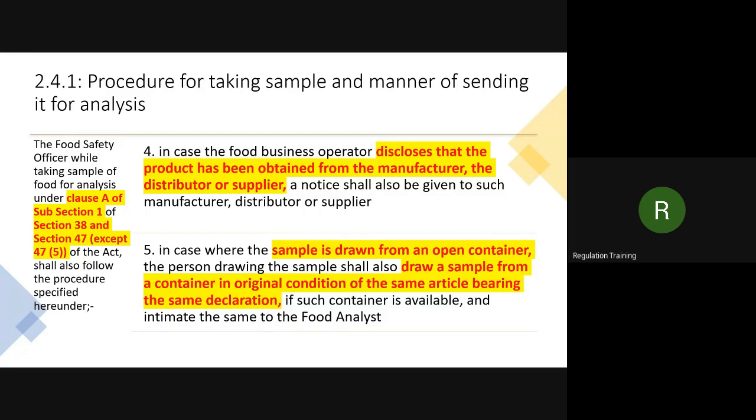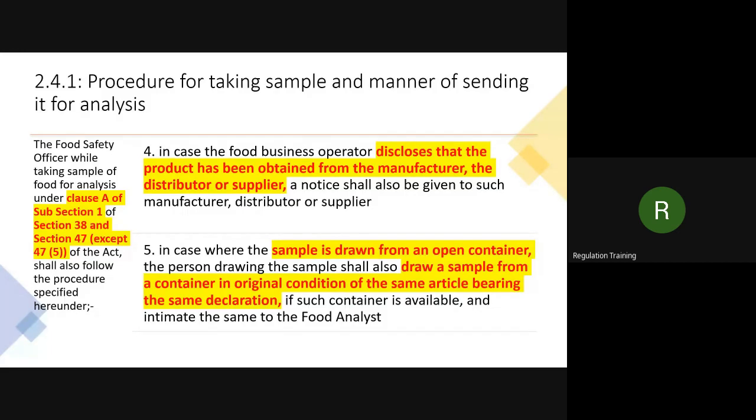So this is the regulation. And suppose if a sealed container is not there, then no problem. They can take the open product, and wherever a sealed container is available, they will ask that shopkeeper to go and purchase the sealed container. If your shop does not have a sealed container of the open food, you can purchase that sealed container from anyone. Otherwise, if you cannot, then the open container's report is final.